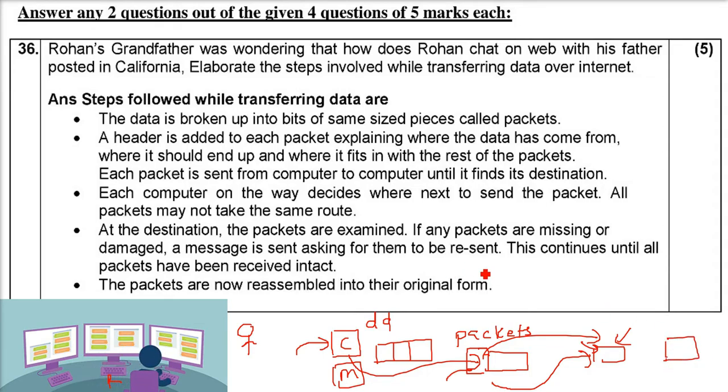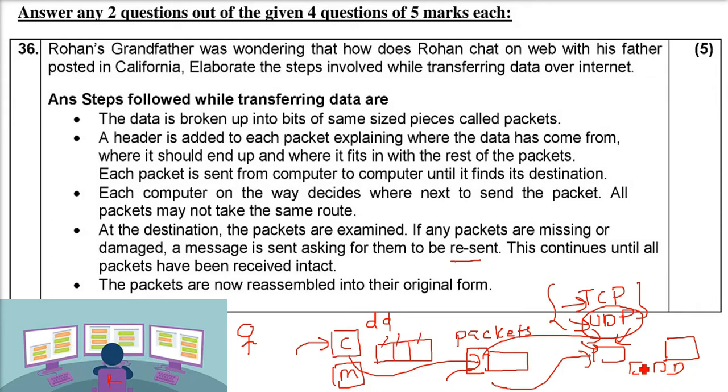At the destination, what will happen? See, there are different kinds of connections: TCP, Transmission Control Protocol, and UDP, User Datagram Protocol. So there are different ways. We are not going into the detail, but the thing is that when the packets reach the destination, because they were already divided or broken, they need to be reassembled, combined together, and that is reassembling. So this is how the whole scenario of communication over a channel, over a network works.